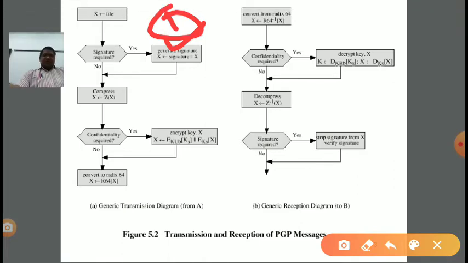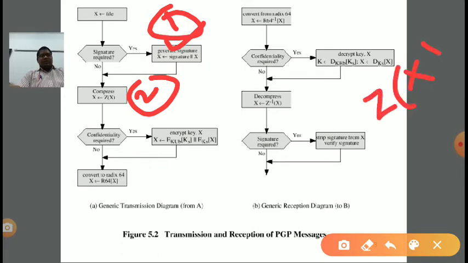Now the next step is, if we want to reduce the size, compression is required, clear? Then we will apply the second step, that is compression. So the second step is compression. For compression, which algorithm is required? ZIP, that is the zip algorithm is required. So in X there are two parts.